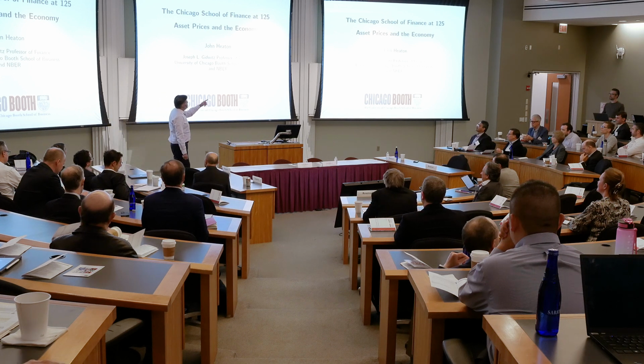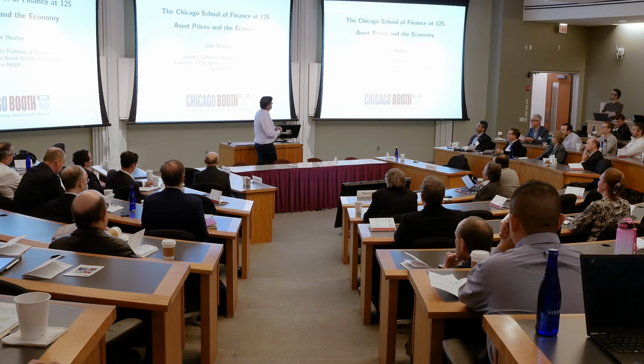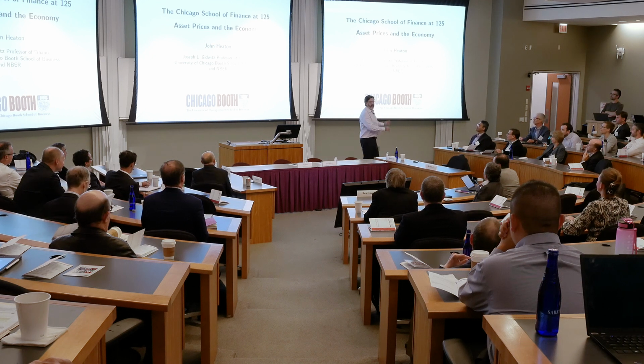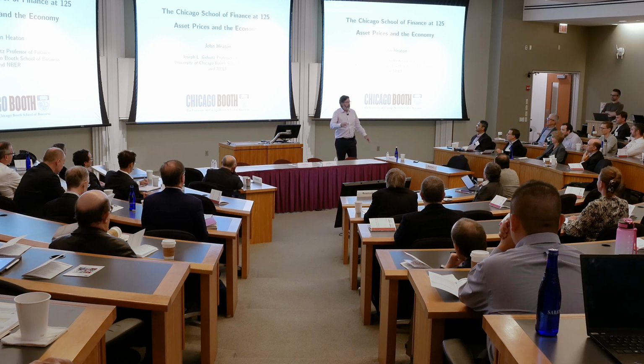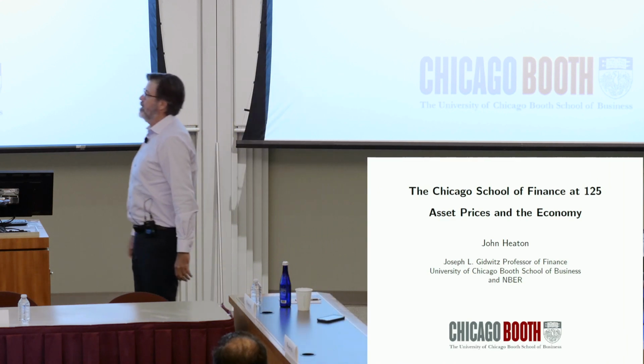Okay, so this is supposed to be about asset prices in the economy. Kent talked about asset prices, and a little bit about the economy through intangibles. I have one figure, unlike Kent. I've got a bunch of stuff where there's some theory that will surely explain all this, Kent. But let me just talk about some of the evolution here.